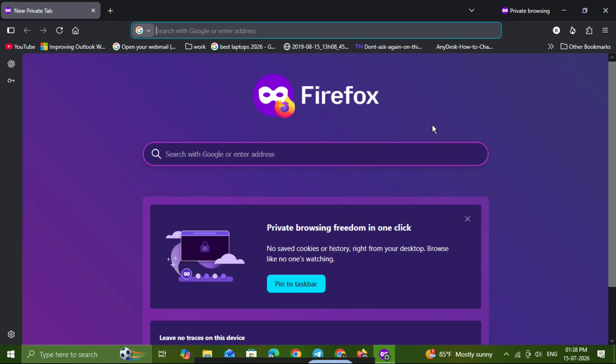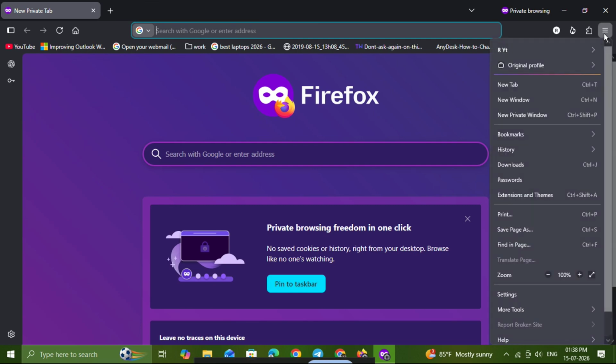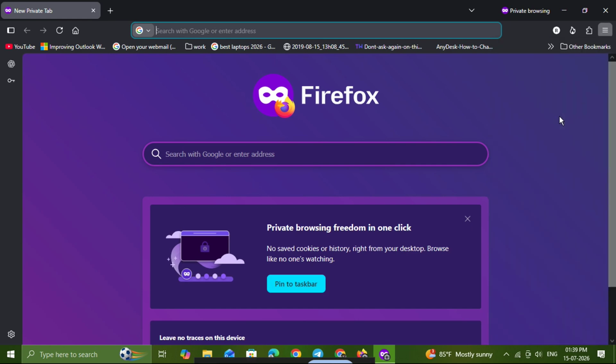If you prefer using the menu instead of a shortcut, that's easy too. Look to the top right corner of Firefox and click the menu button with the 3 horizontal lines. This opens the main Firefox menu. From there, select New Private Window. Firefox will immediately launch a private browsing window, ready for you to start browsing privately. This is a great option if you don't want to remember keyboard shortcuts or if you're showing someone else how